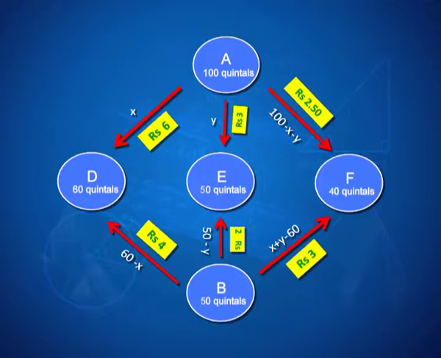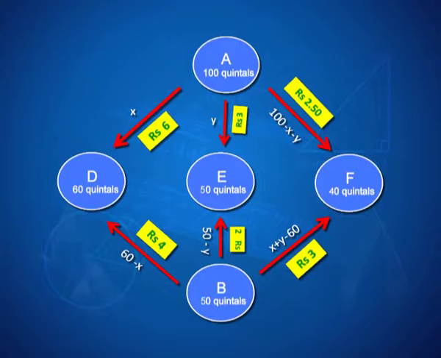from B to F the remaining, that is the requirement of 40 quintals of F has to be satisfied. It has already got 100 minus X minus Y quintals. So, you may say 40 minus (100 minus X minus Y) amounts to the same as X plus Y minus 60. And of course, this quantity should be the same as what is left with B. Check, is that so? Another interesting and important aspect of this problem is the cost which we want to minimize.